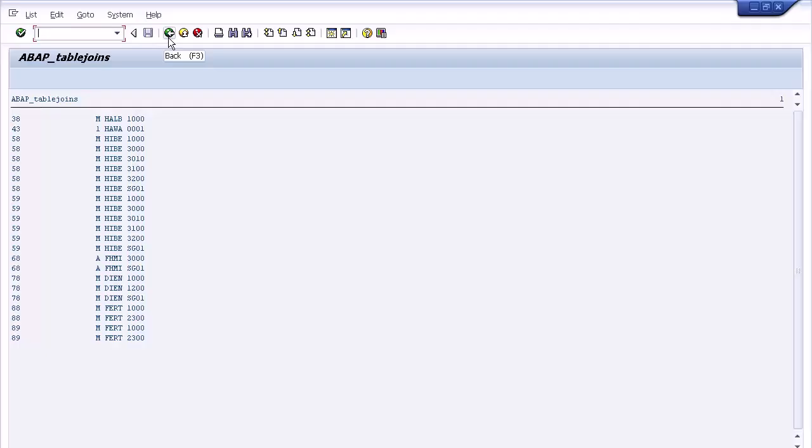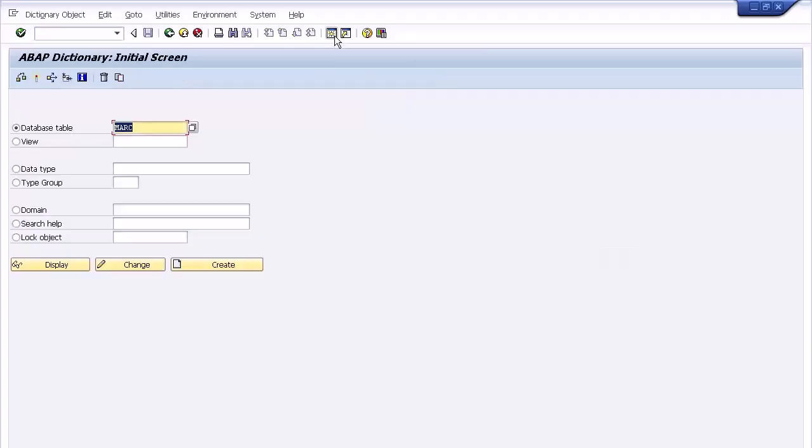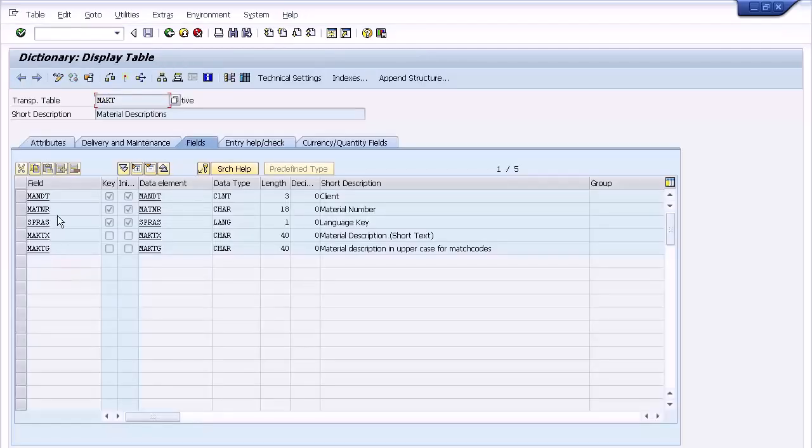This is an example for inner joins, joining two tables. For example, if you want to join three tables, we'll practice that also. Go to SE11 and first identify. There is one more table, MAKT. The material description is stored under MAKT. Click on display. MATNR is common in this, so that you can join this table also. For example, I want to print this MAKTX material short description for a given material number,